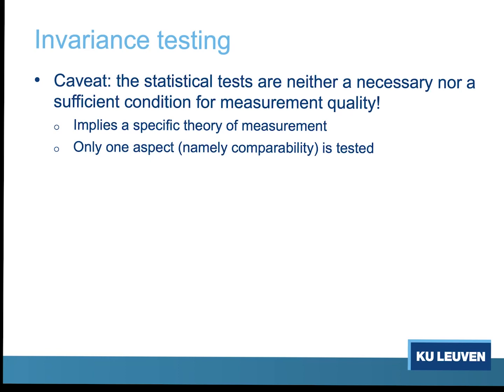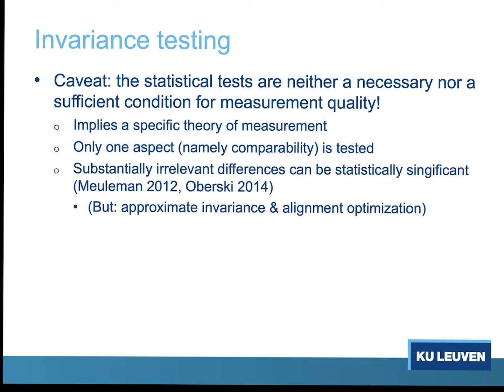And then if you look at the practice of these tests, we see that there's often a bit of a problem. And what is the problem? That we have very powerful statistical tests, and often we detect really tiny differences in the measurement models between groups. And if you're too strict, you tend to conclude easily that you cannot make comparisons at all, while this is not necessarily true. Maybe there is a difference in the measurement model, but it's not really relevant. So this is also a tricky point.